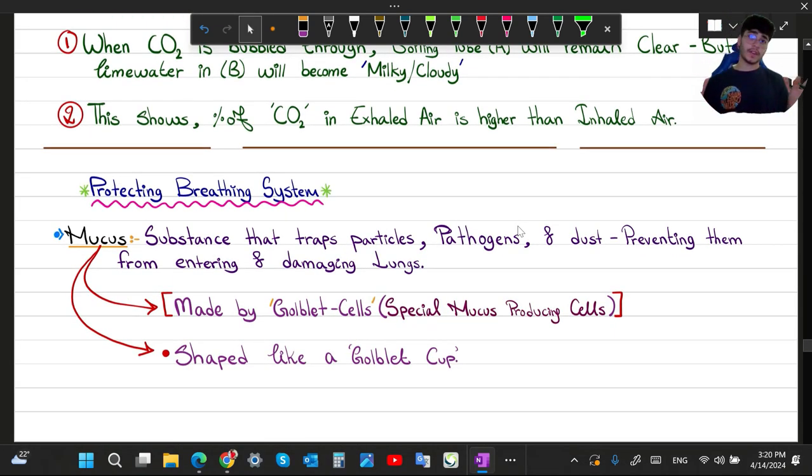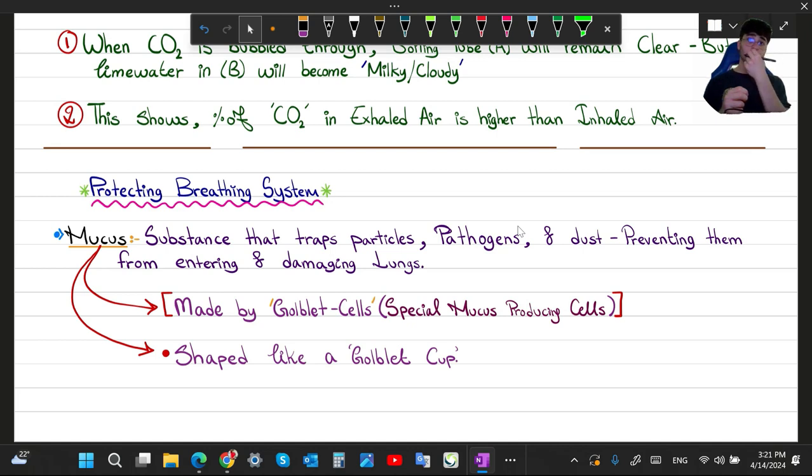That was the experiment, a very simple one. Now let's look at protecting the breathing system. First of all is mucus. Mucus is a substance that traps particles like pathogens and dust, preventing them from entering and damaging the lungs. So it's a substance that traps particles usually found above the lungs, in the larynx, or in our nose,